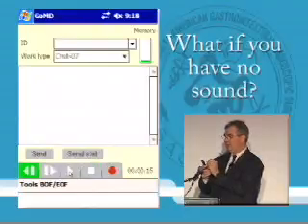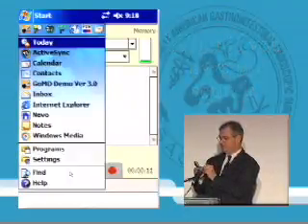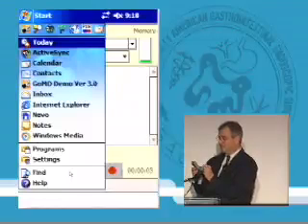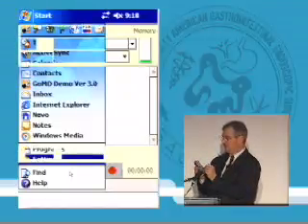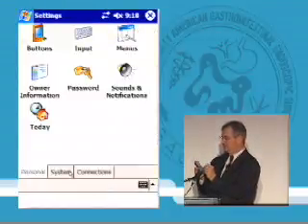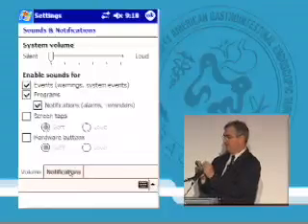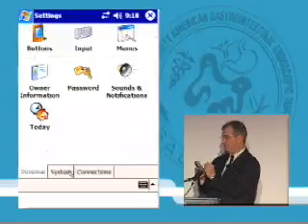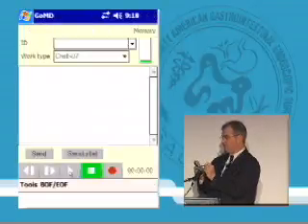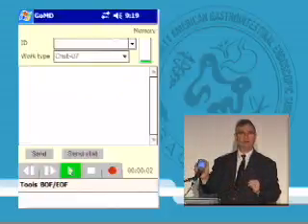All right. So when you find out that you don't have any speakers, let's go to the settings. So you go to Start, Settings, Sounds and Notification, and the system is set for silent. How useful for a workshop course. So we'll make it loud and tap OK. And then get rid of that screen by Xing it out. Now we'll go to the beginning of the file. And now you can start talking. This is a dictation on my new patient who I've just